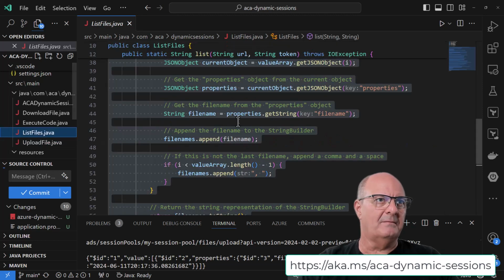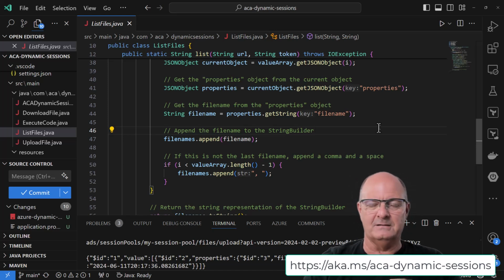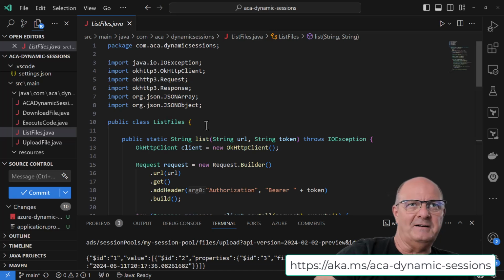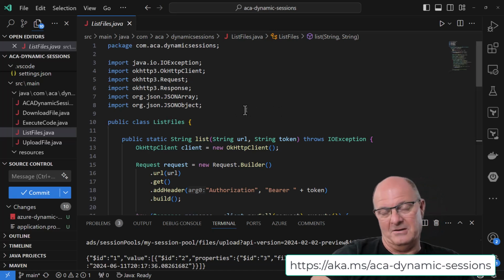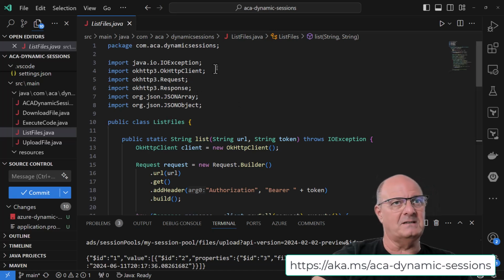So next, you can actually go into the Azure portal now. You can go into your session. You can look at the file. You can play around with files and execute code in the portal as well. But we're going to stick to the code for this because we're talking about Java. The next thing you can do is list all the files that are in your ACA dynamic session